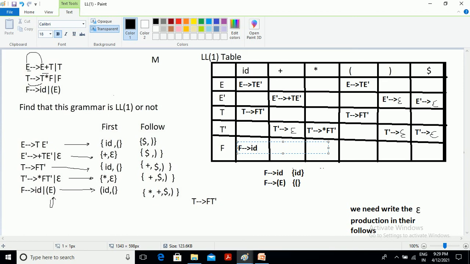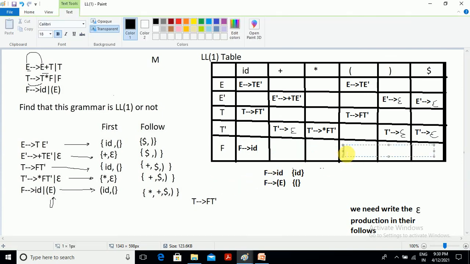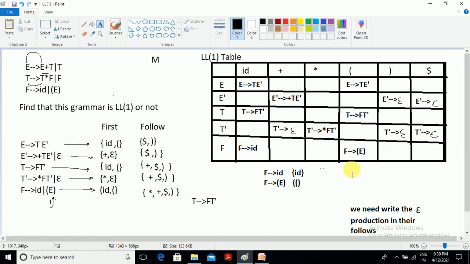We should not write any other production which is not related to ID as a first. The next one, open parenthesis, is one of the first for F, derived by F derives open parenthesis E close parenthesis. So in that column we write F derives open parenthesis E close parenthesis.